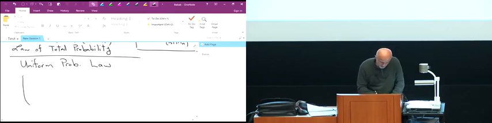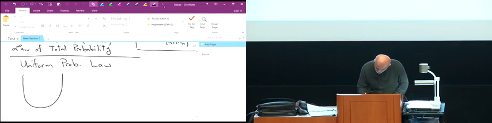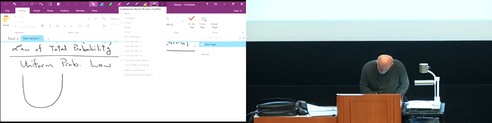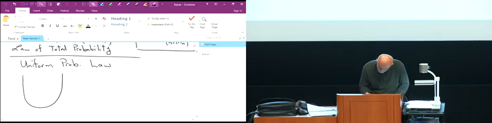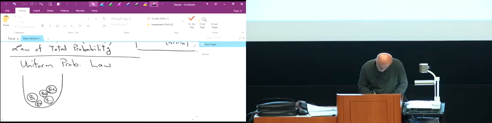Remember the bin I drew for you, and we had a bunch of, let's see, what is a bunch of, so I had black balls in there, I think I had 5. I had 5 black balls. I had a green ball, and I had